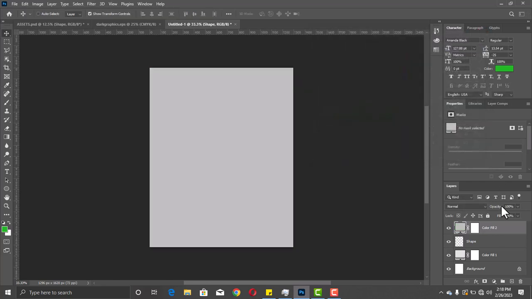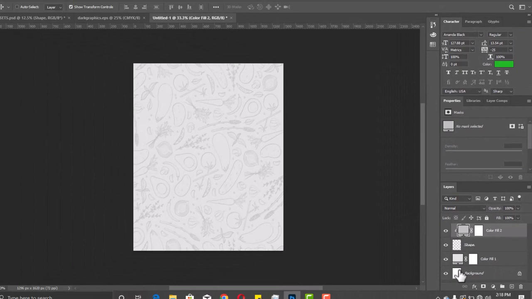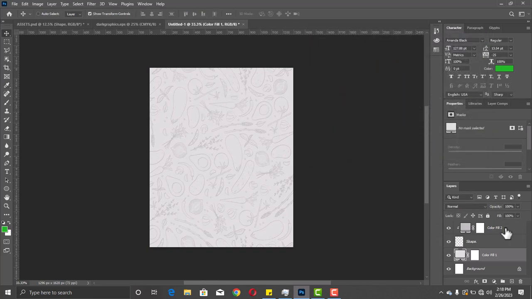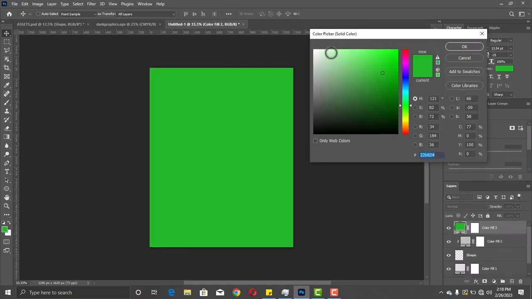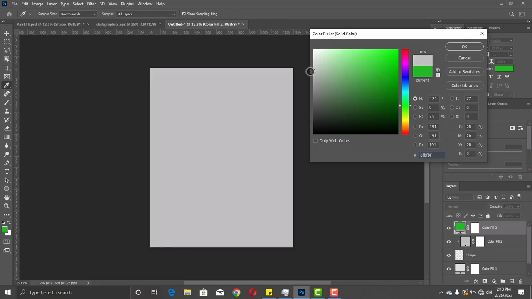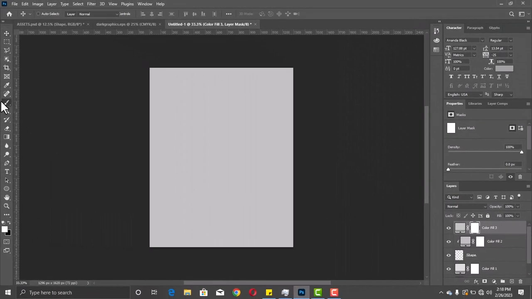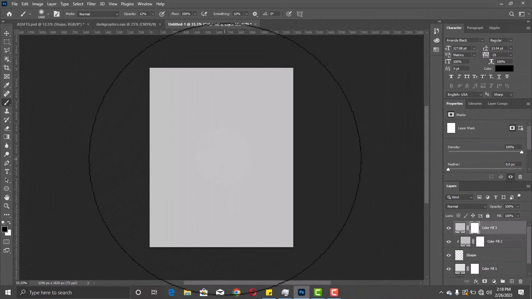Nice, that's looking okay. And I'm just gonna create a new solid, and I'm gonna give it this dark grayish color. So I'm gonna right click and create a clipping mask. We have something like this, and I'm just gonna make it a little darker. Okay, that's looking nice. I'm gonna add a new solid color, and I'm gonna keep it more dark. That's looking okay. Yeah, that's looking fine. Okay, I'm going to the mask and taking a brush and make sure that the foreground is black, and I'm just gonna erase this part, make the opacity 100, and I'm just gonna,